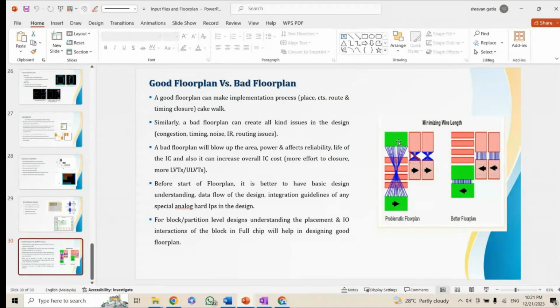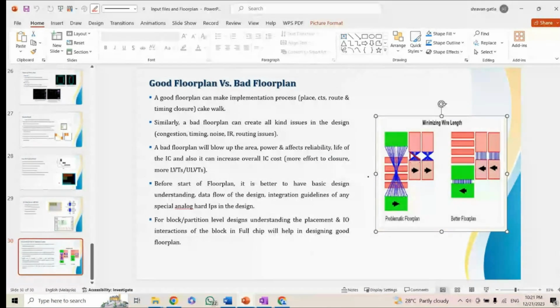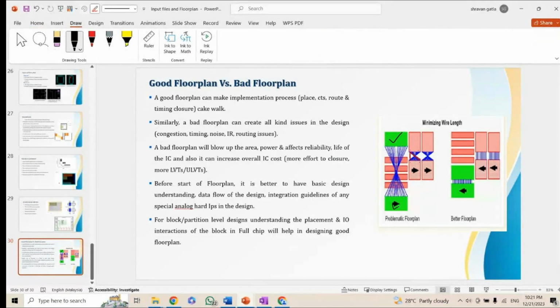So see, this is one macro, and this is this one. They become like this, a very straight connection, so it is easy for the router. And see this one also, this one also becomes like this, right? So a good floor plan can make the implementation process